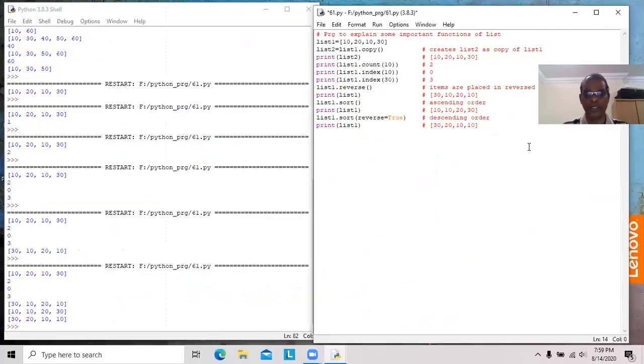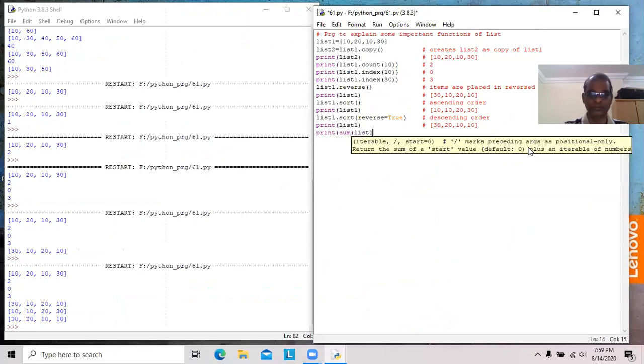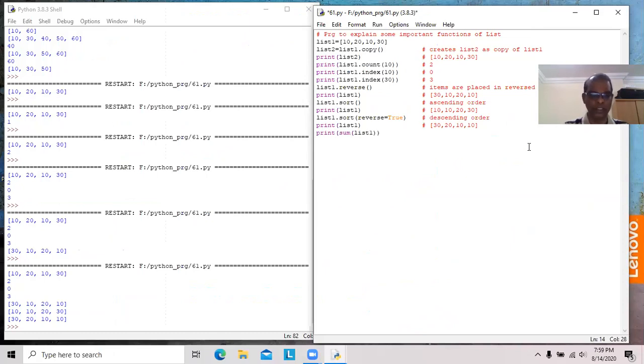Here, I want to display the addition of all the items. Just sum of list 1. It displays 70. Similarly, the smallest value available in list 1. That displays 10 as the smallest value.